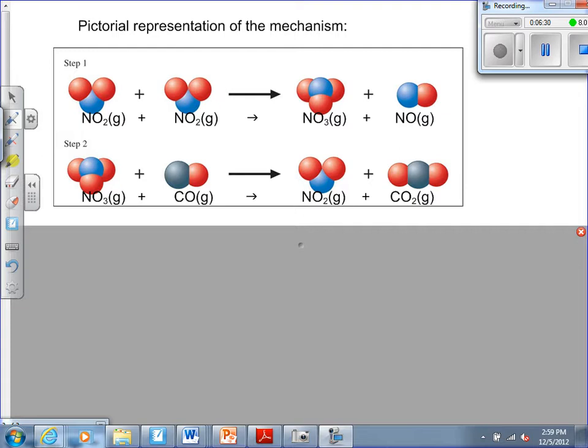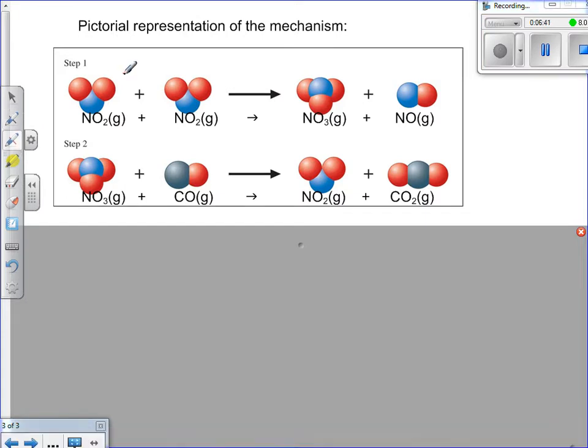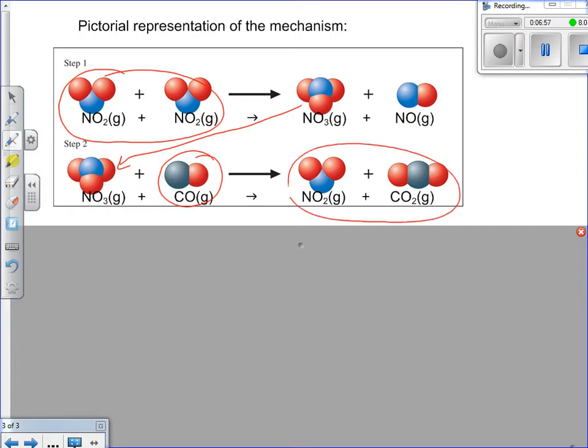This is the same reaction we were just looking at, but you're now looking at pictorially what these molecules are and what's going on. What we're saying is that we have two molecules that come together and form some products. And then one of those products comes together with another one of the reactants and we form some new products. So there are two